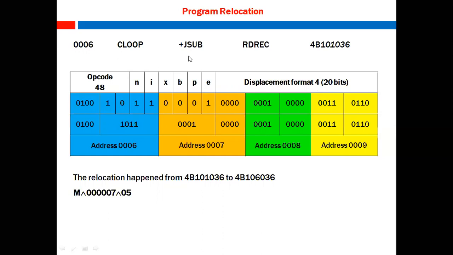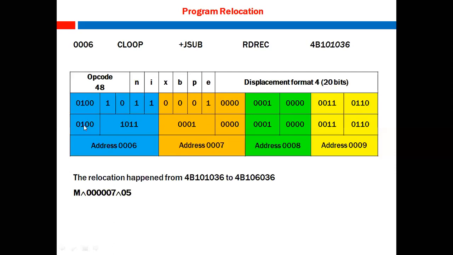The J sub opcode is 48, so I'm writing it as 0100, then 2 bits 10, and then NIXBPE as 110001, where E is 1 here. Then the displacement will be 0, then 010, then 3, and then 6 here. So that is 01036. I have written it as 0101036.